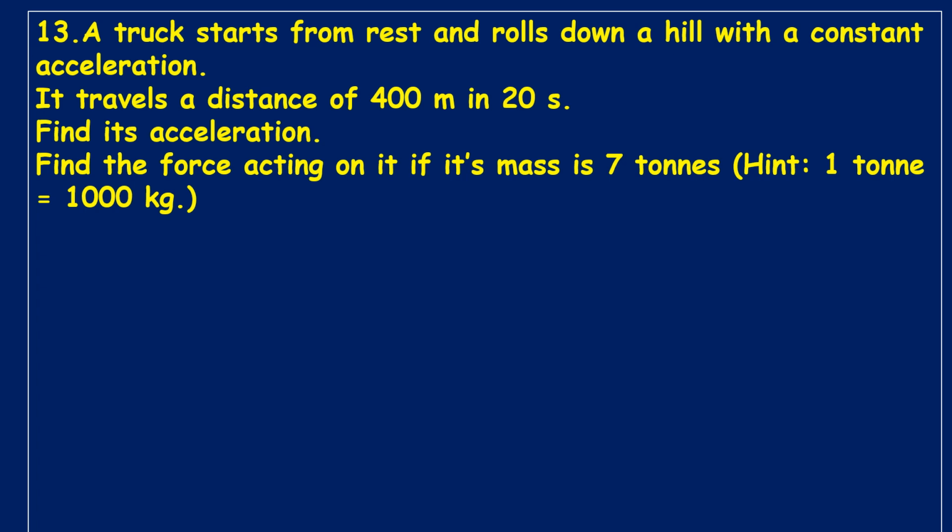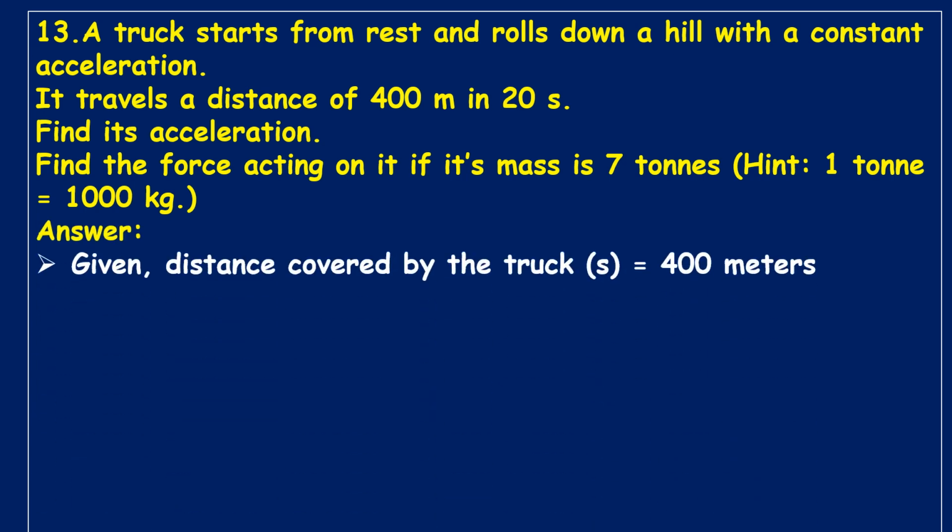Now we have to find its acceleration, and find the force acting on it if its mass is 7 tons. Here we have a hint also: 1 ton is equal to 1000 kilograms. 7 tons means 7000 kilograms. This is our question. We have to find its acceleration and we also have to calculate the magnitude of the force. Now the answer is,